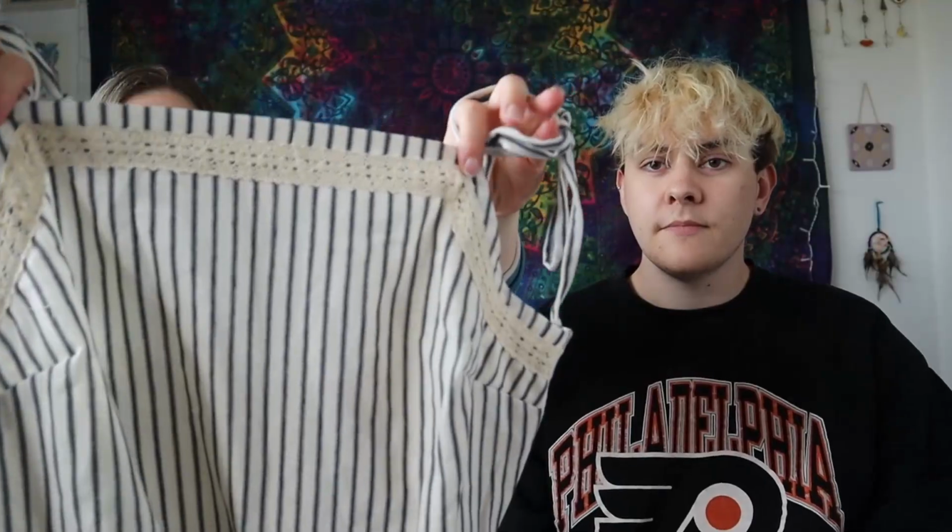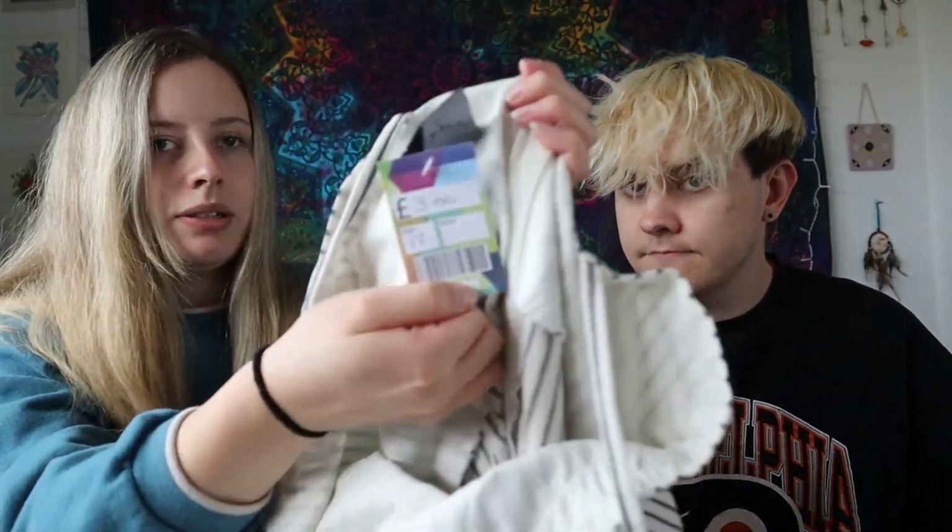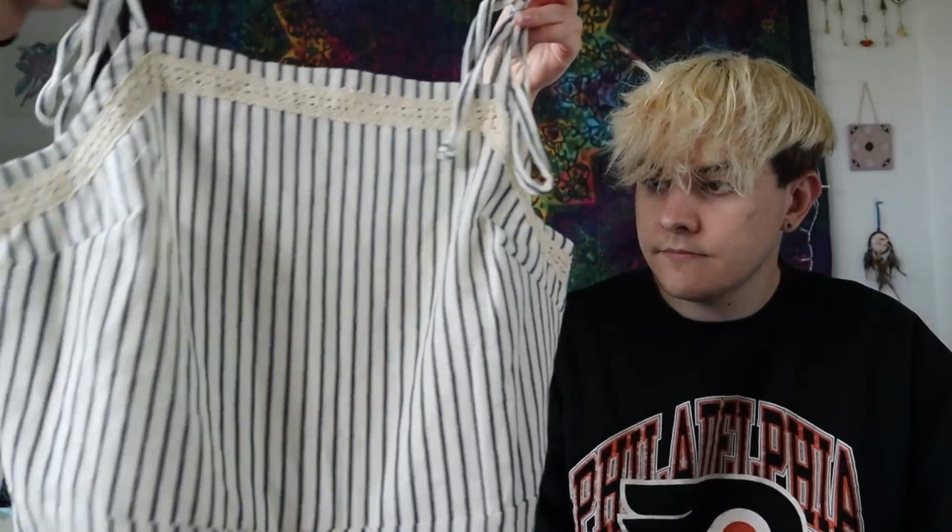Next up, this isn't bottoms, it kind of is. It's top and bottom. It's going to be quite difficult to show due to the length of it, but it's this pinstripe jumpsuit with wide legs, and this was by Reclaimed Vintage. I think that's an ASOS brand. I couldn't think whether it was the Urban Outfitters vintage line or the ASOS one, but it's definitely the ASOS one. Those were just £3, just a really nice summer